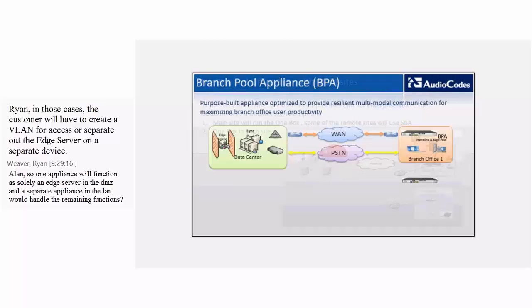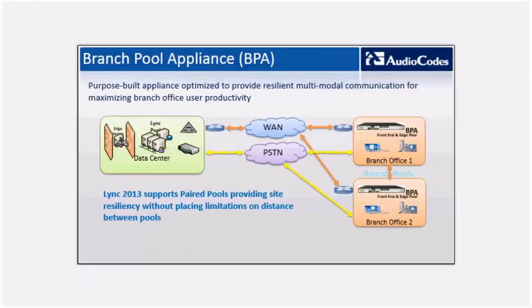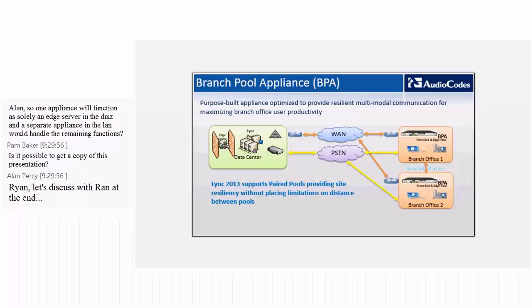Okay, this is what we call a branch pool appliance, where we can install the OneBox, add a branch, install an SBA, and even have two branches pooled, pair-pooled for site resiliency. Another advantage, and the reason people are using that, is because